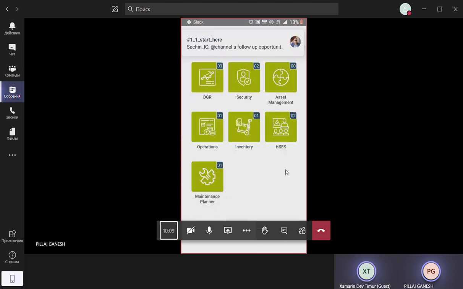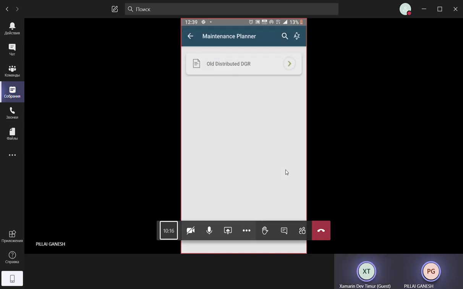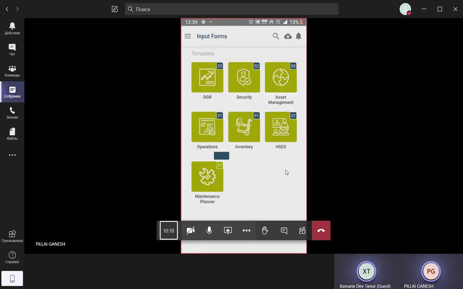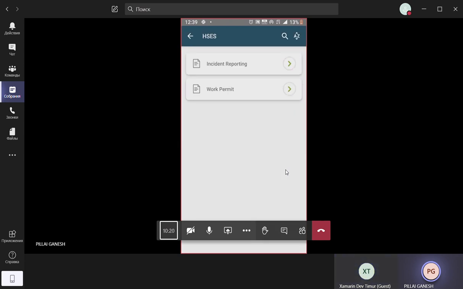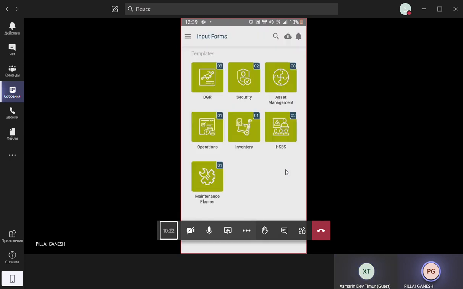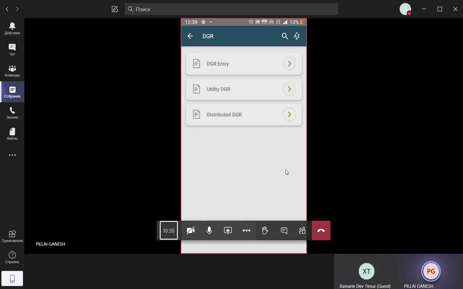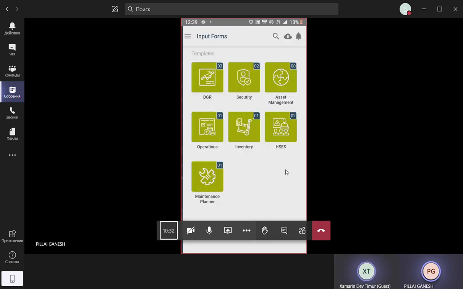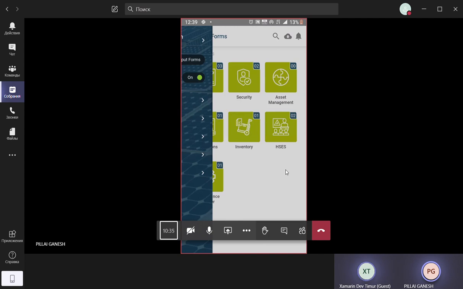If you see this screen, it has a count that there is one planner which is pending. It has two documents inside it. So it tells how many documents are here at the corner with the count 01, 02. For example, here in DGR, there are three which are open. Similarly in material management,